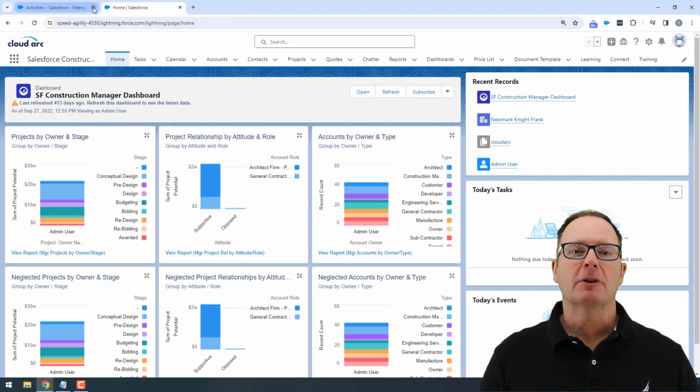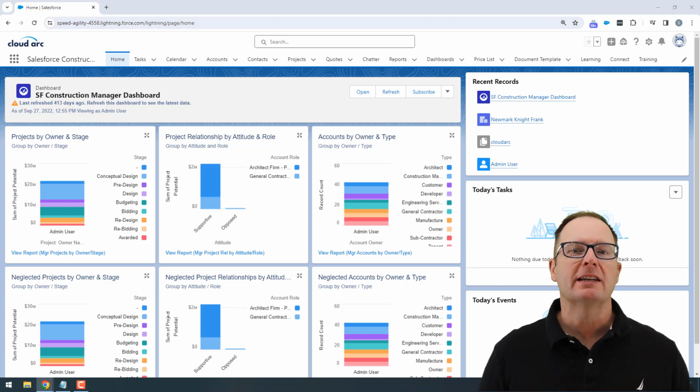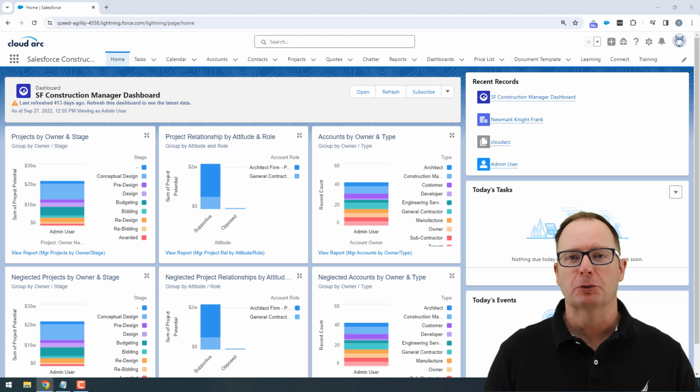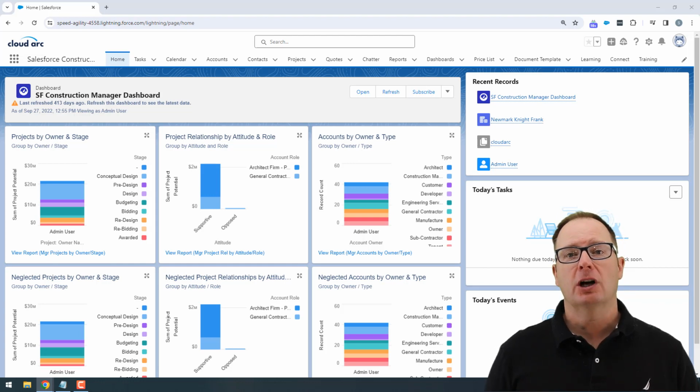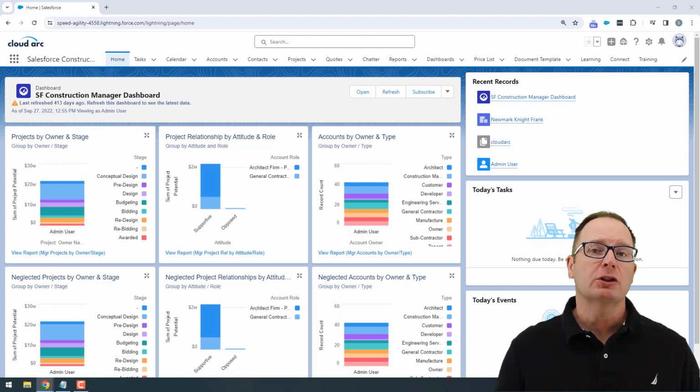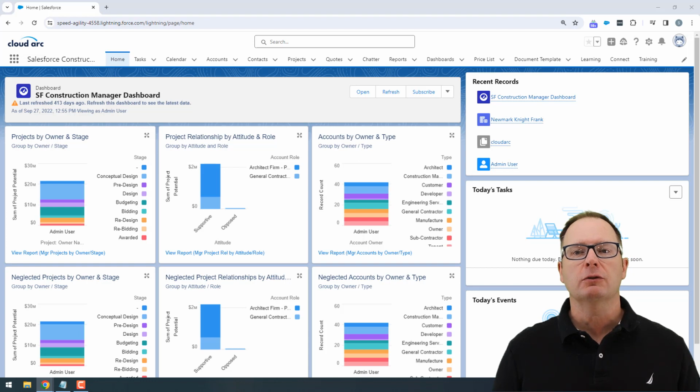Hello, my name is Steve Snap with CloudArc, and I'm going to share some important details about how to cancel your Salesforce subscription. This will include where to look in Salesforce for key details about your contract and how to extract your data. Before I show you these screens in Salesforce, I want you to know that Salesforce just created